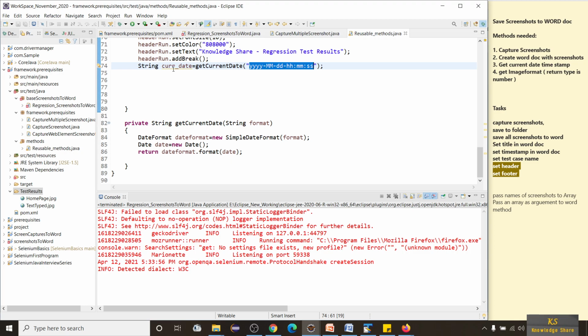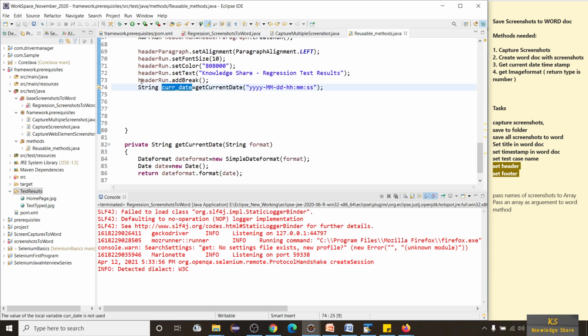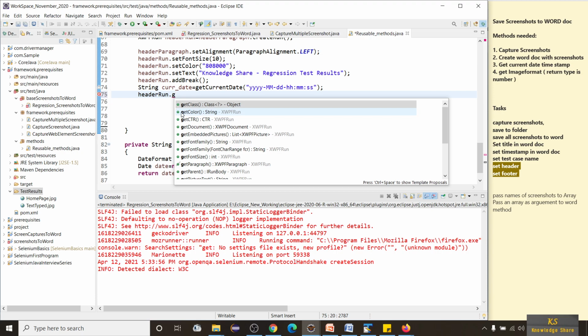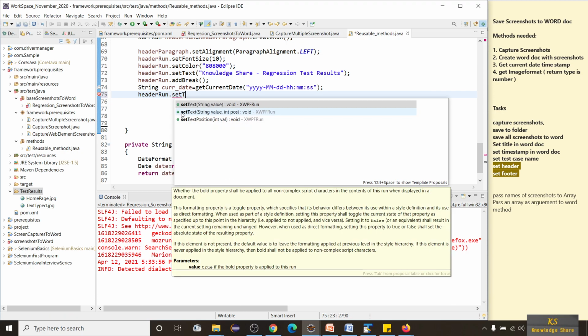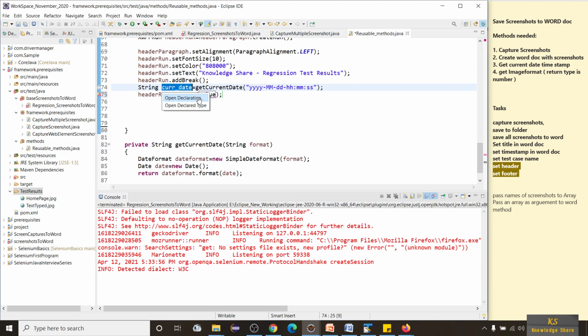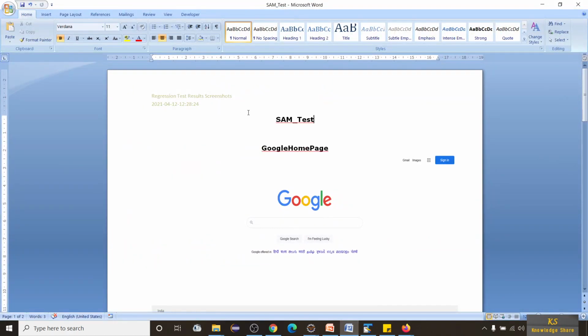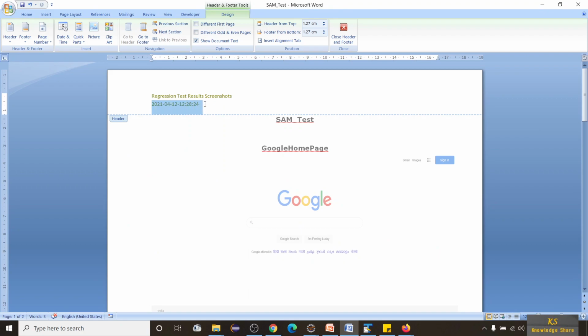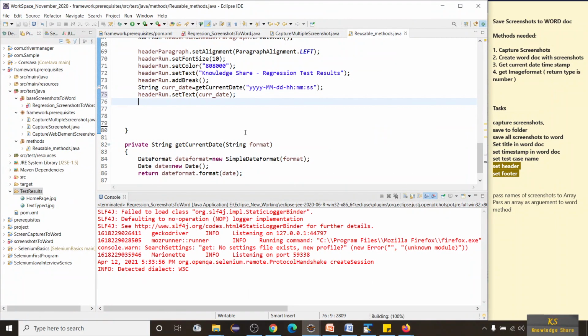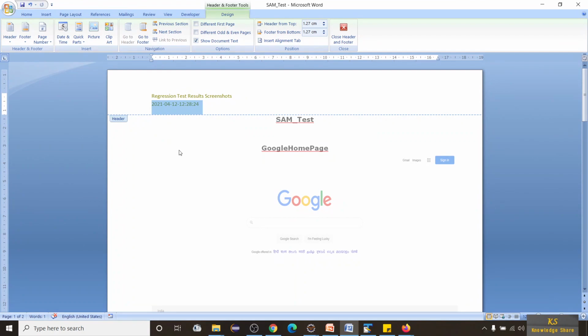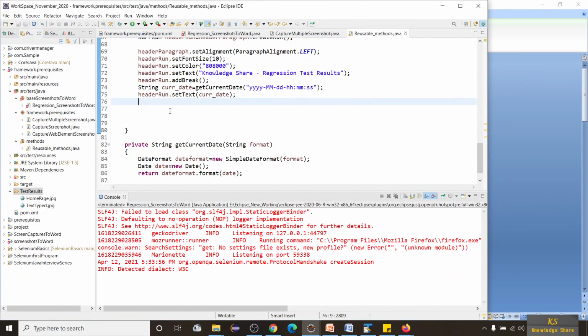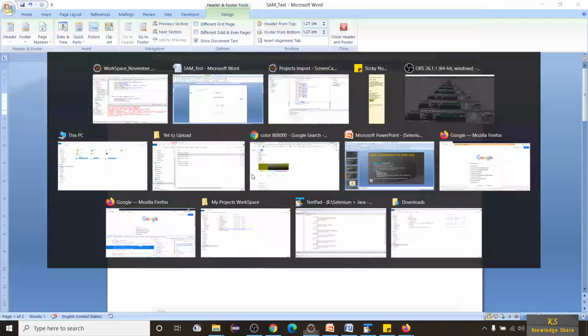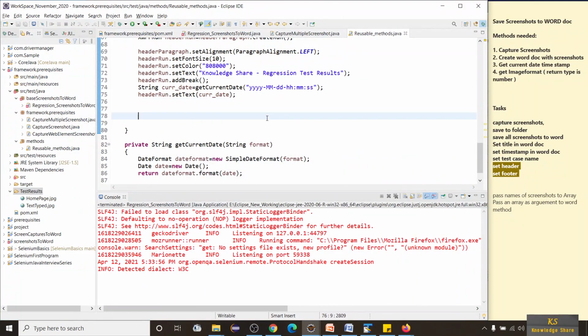Now we got the current date, so let's include that using the header run as we included here. So headerRun.setText of, again setText of, I'll be using current date, so that it displays exactly like this, some header and then the date here. I'm showing this Word document to know how we are designing this code. Later on we will run this script and see those values all reflecting. So now our header is done.